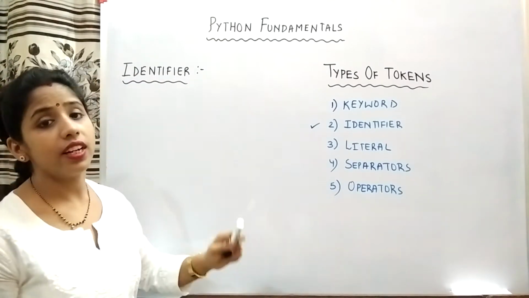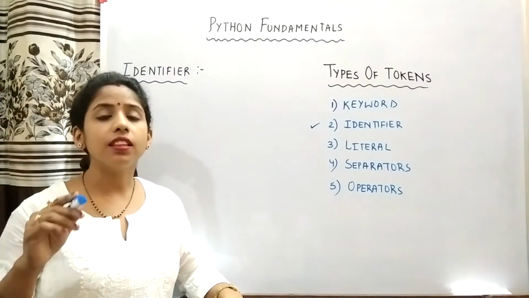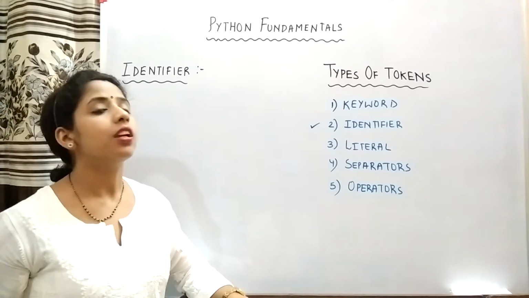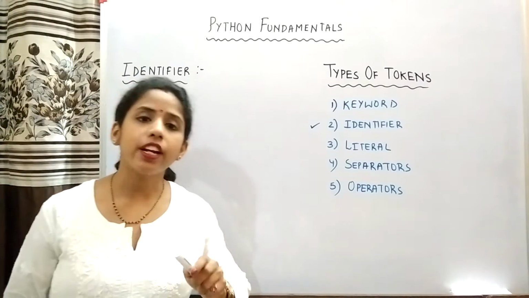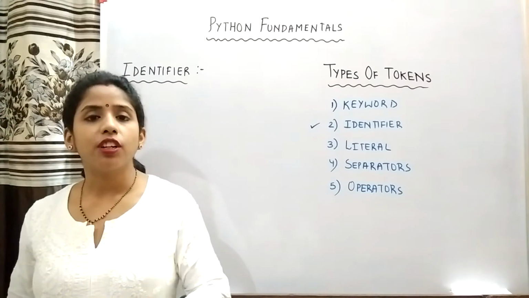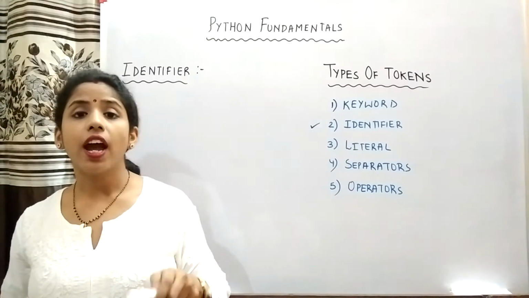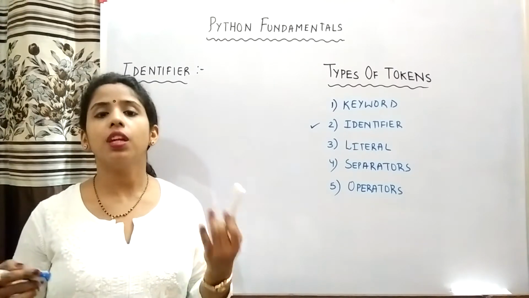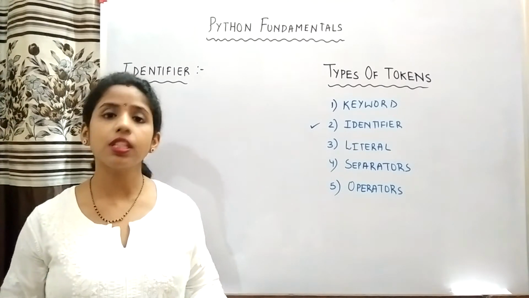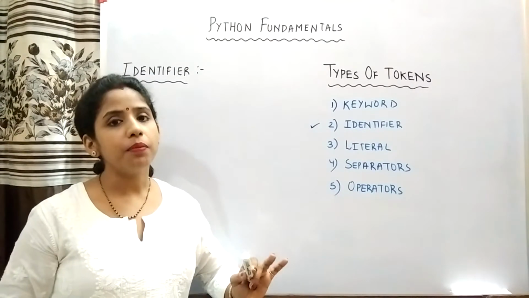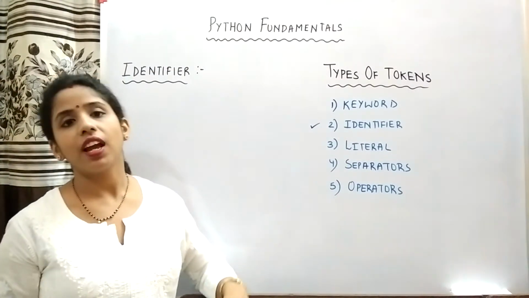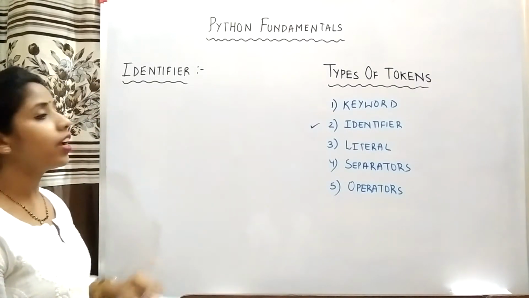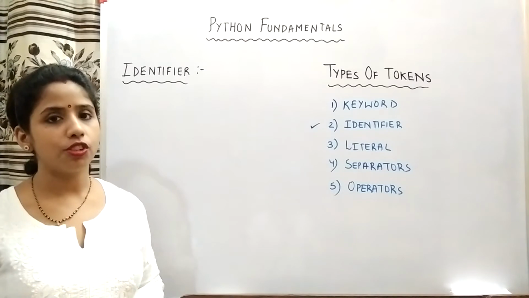First thing about identifiers is that these are the names given to different parts of the program, but these are user defined. Means you have the liberty to decide what name to give to a particular part of the program. But for that you need to follow certain rules. You have the liberty to keep names according to your choice, but keeping in mind certain rules which the Python programming language has given to you. So what is the best application of identifier?